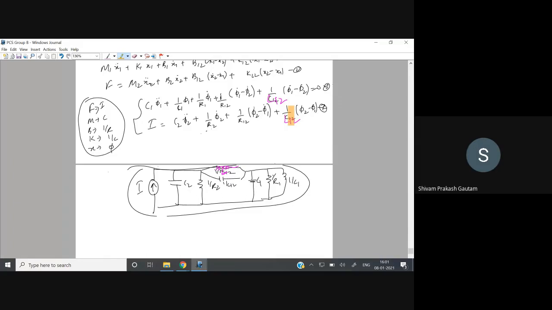Can you please repeat? Sir, the R12 and 1 by C12 that you placed in parallel to each other, meaning connected to the same point. This is 1 by L12 and this is 1 by C12. Yes, sir. But I am asking, what if we do not connect across the same point, but connect one on one side of the resistor and the other on the other side of the resistor, then what will happen? I am not understanding what you want to say. Where do you want to connect this? Yes, sir, I will email it to you after I take the screenshot. I will email it to you.